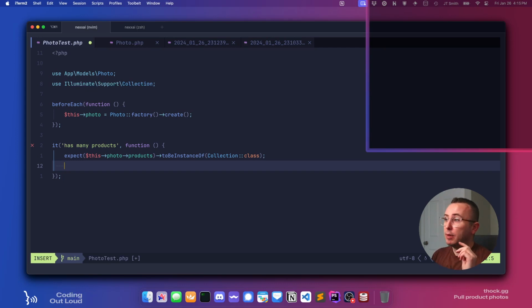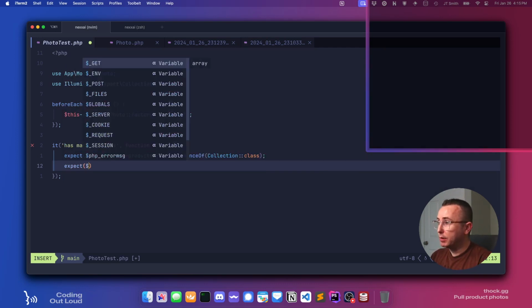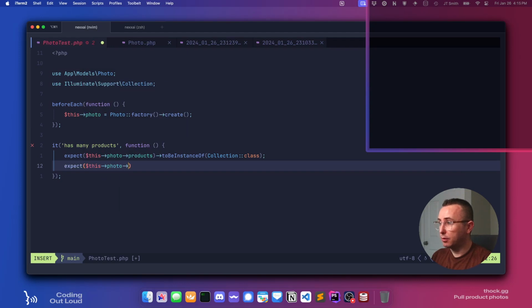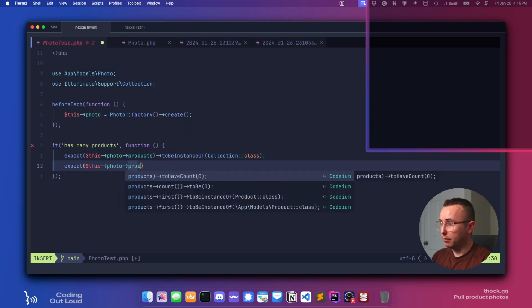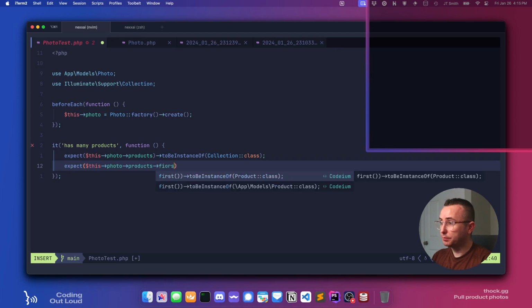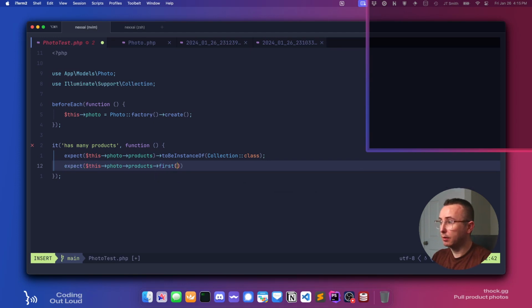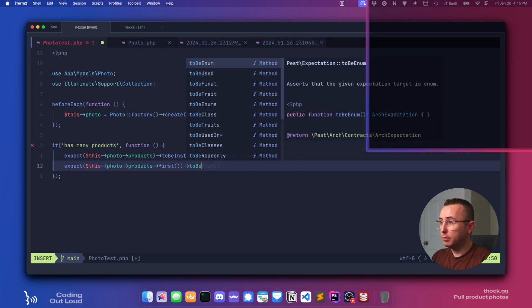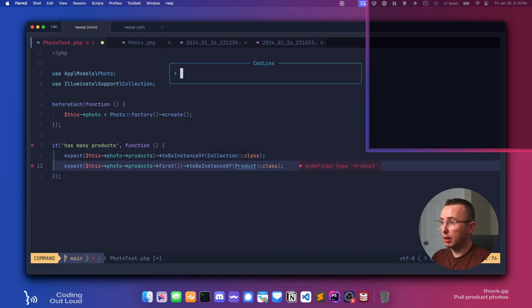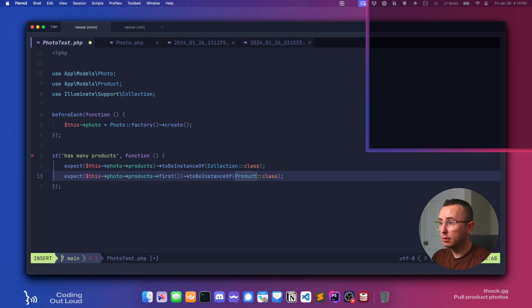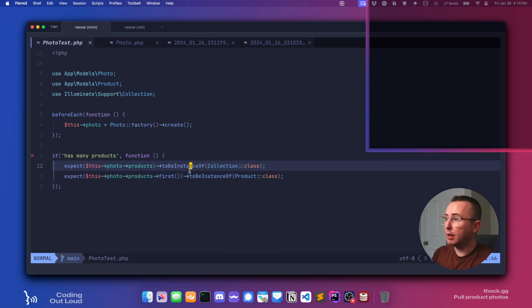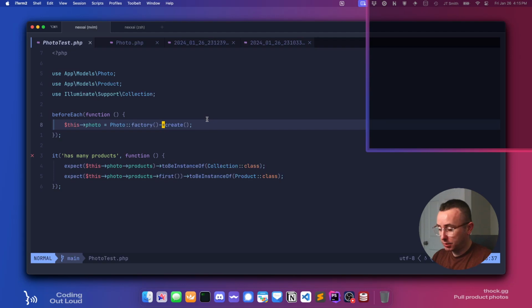So we definitely want to make sure that if we say this photo product first to be instance of product class. Yes, and to define that, cool. Okay, so this is going to fail again because we don't have any products being created as part of this photo. So we can say